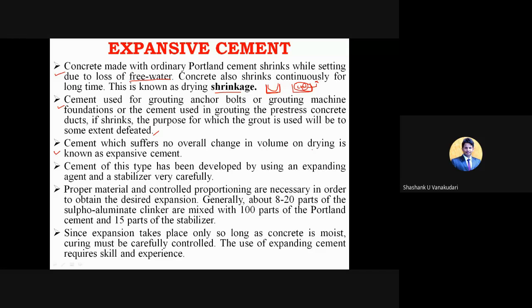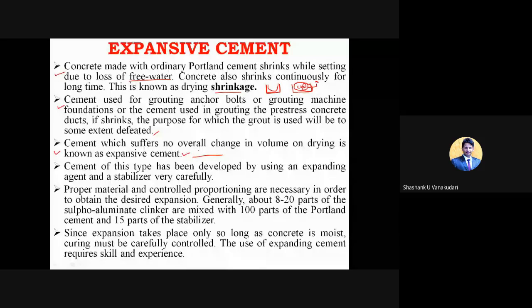With respect to various aspects, like environmental aspects, even the low content of water, and drying or sudden heat, so many factors affect the shrinkage process. The cement should satisfy all the conditions, like low water content or exposure to sunlight, because of the shrinkage process. To overcome all this, we are going to add a particular cement.